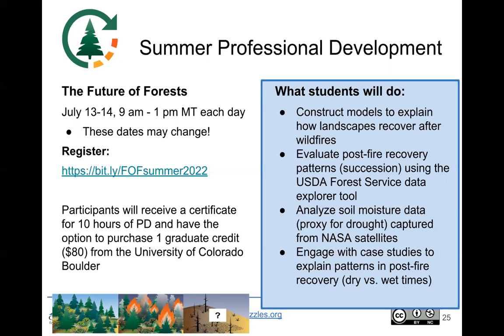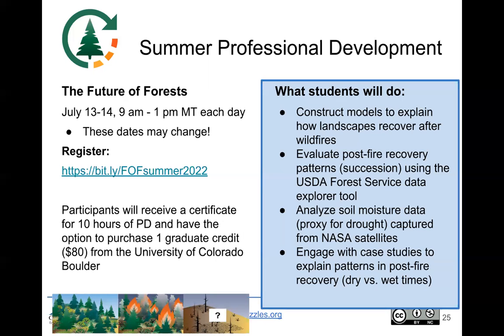Basically across the Mountain West, fires are burning more and more of the landscape, and conifer trees are having trouble regenerating after these fires. And so some of these landscapes are transitioning to grasslands and shrublands. We look at lots of different data explorer tools and data visualizations from NASA satellites, some case studies, and some hands-on stuff to help students explain both in writing and in models how